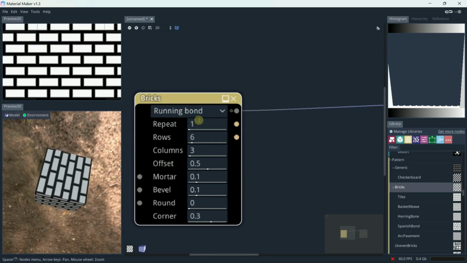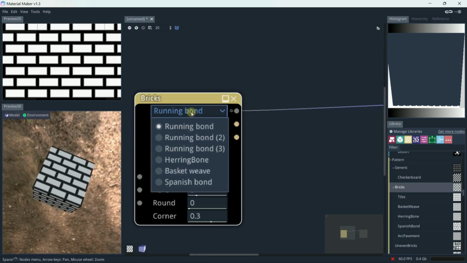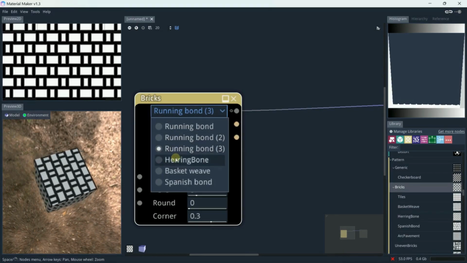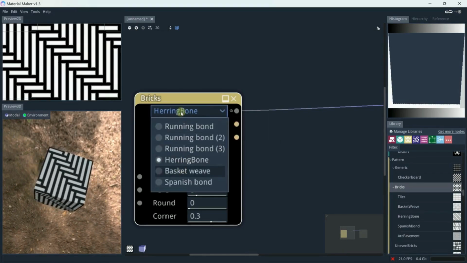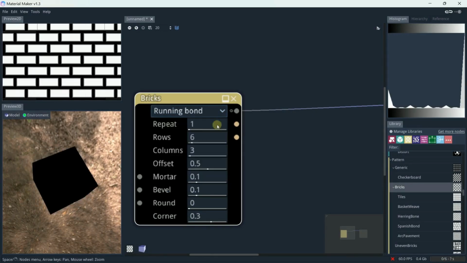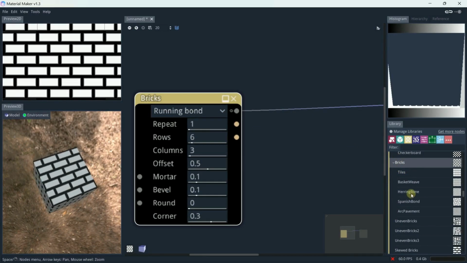So, 2D preview and 3D preview. I decided to put the 2D preview on the top left corner and the 3D preview on the bottom left corner, but you can adjust if you prefer them on the right. Here on the right, I have the histogram panel, hierarchy panel, reference panels, and on the bottom right corner, I put